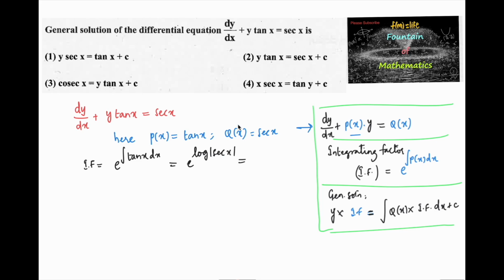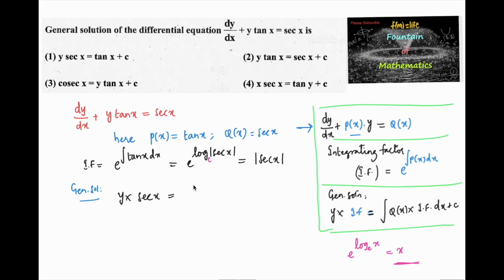Since e^(log m) is equal to m, we can write |sec x|. Since we know that e to the power log to the base e of x is equal to x by using this property, so |sec x|. So therefore the general solution is y into the integrating factor